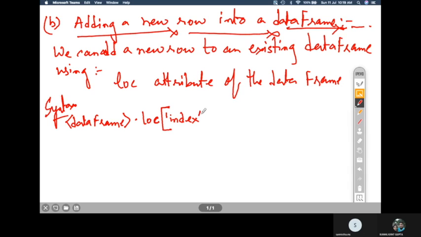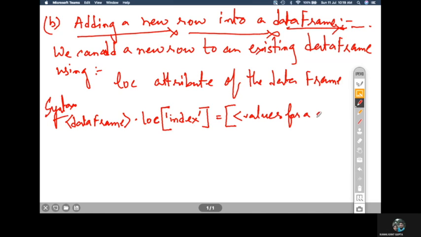That index is equal to, in a list, you will supply the values for all columns.